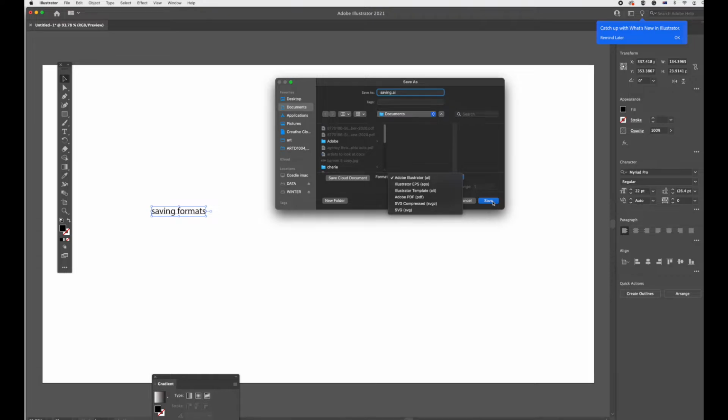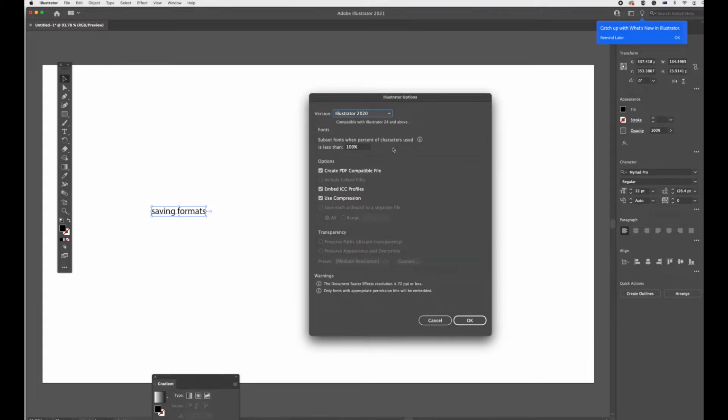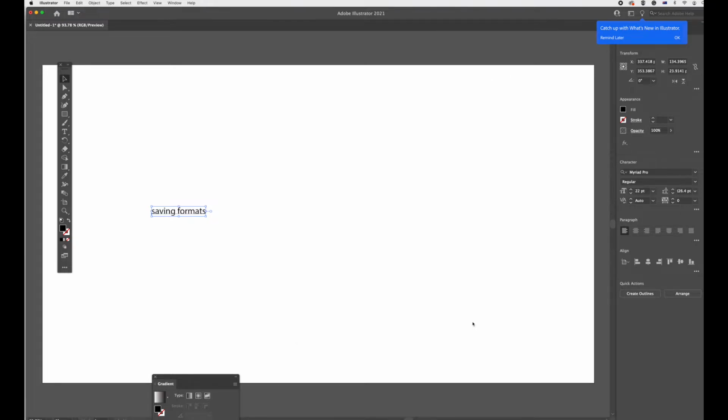So I'm going to leave it as AI, and then it'll bring up some Illustrator options. It'll ask you what version you want to save to. So if you know you're going to an older version, you need to make it back compatible. We've got the option to create a PDF file as well, to put in the color profiles, and it's going to use some compression. And that'll be a lossless compression. Now we've saved it as an Illustrator file. Let's go into